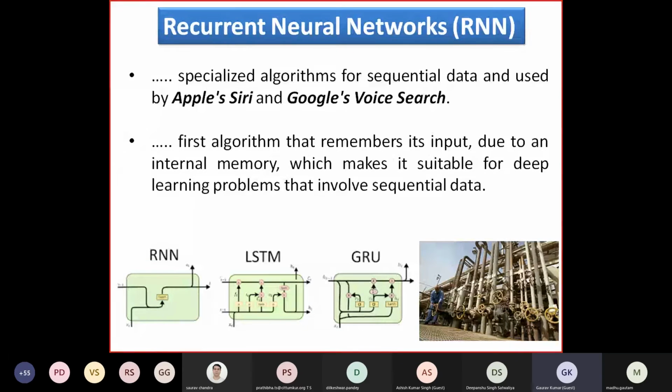So RNN is that specialized implementation in which sequential data is analyzed. Data that is sequential in nature, it checks, okay, what is the meaning of this? If I write something on Google, okay, what is the meaning of? Now I'm opening Google just for explanation. So you can see, for example, I'm writing here